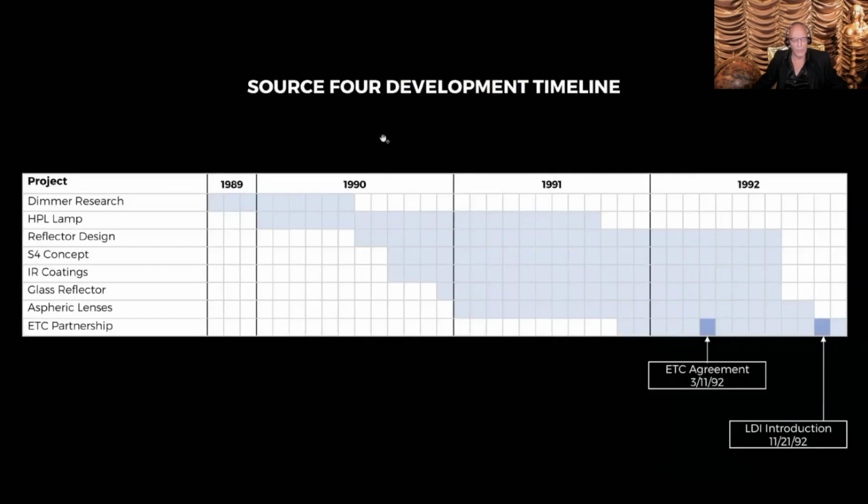This last timeline, this is all the individual elements that made up the Source 4 and the sequence in which they were developed. It began with the dimmer research, evolved into the development of the HPL lamp. Once an optical consulting firm was located, we began the reflector design. Once the optics had been proven on the Source 4 fixture, then we started the actual design of the fixture itself, the infrared coatings, the glass reflector, the aspheric lenses, and then finally in late 1991, Steve Terry came out